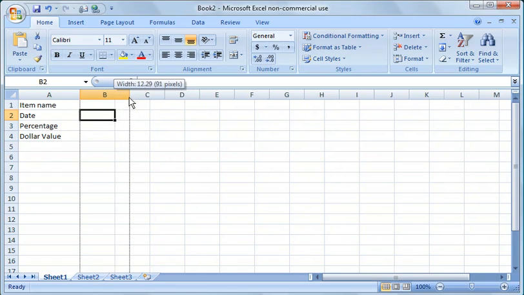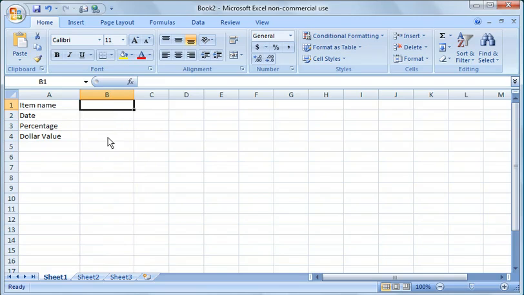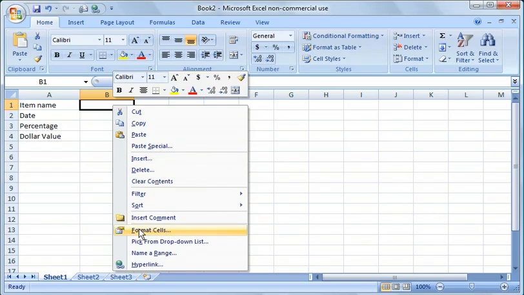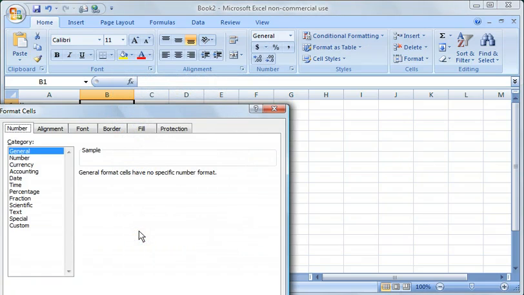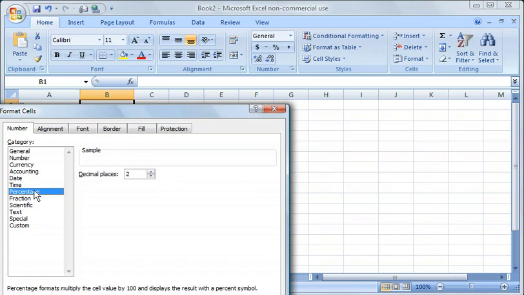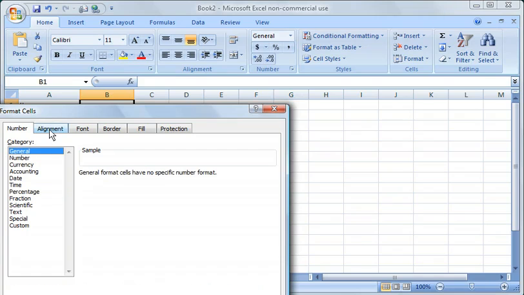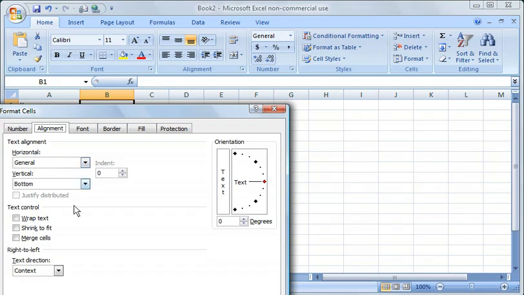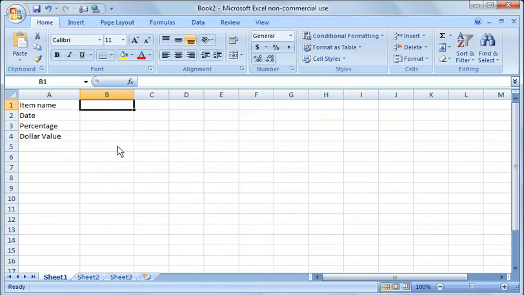And if you'll notice, I'm going to expand this column a little bit, but here in column B, if I click in this first cell in B1, if I want to look at the format of that cell, I can right click it, scroll down, and click Format Cells, and you'll notice the category is General. There are other categories here. If you wanted to, you could change it into a number, currency, a date, percentage, whatever the appropriate